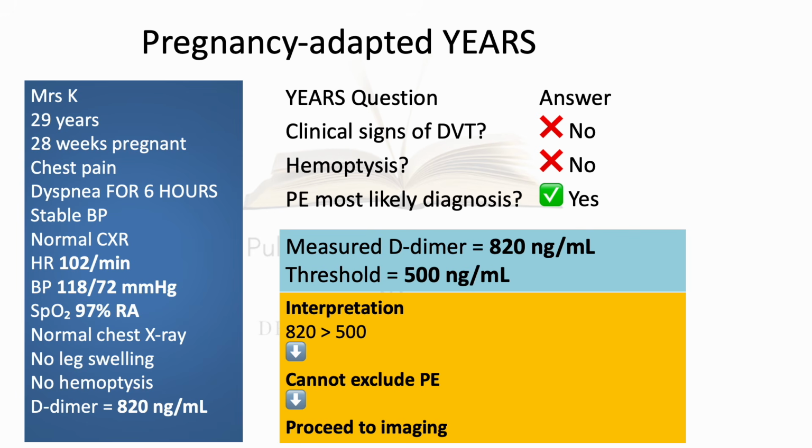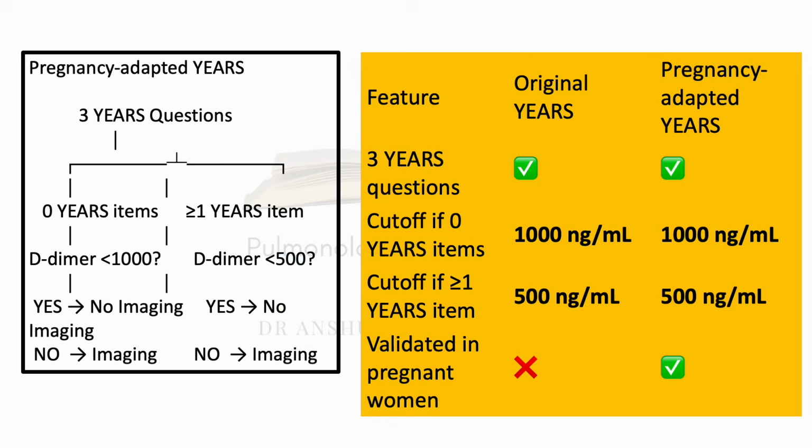So, if this was a 28-week pregnant female who was young, 29-year-old, with dyspnea, stable BP, heart rate, no leg swelling, but a D-dimer of 820, the measured D-dimer would be measured against 500 threshold, because PE is a most likely diagnosis and we have to do imaging for this pregnant female. What I want you to understand is that the guideline has mentioned pregnancy-adapted YEARS for pregnant